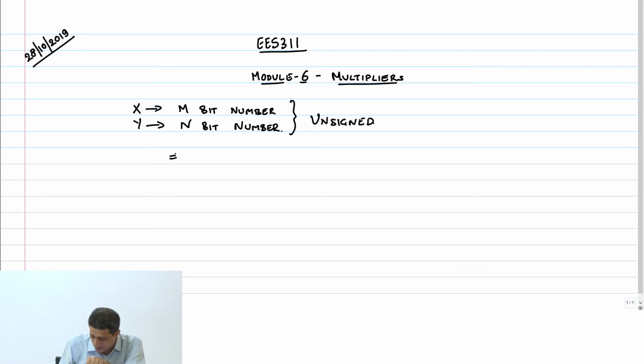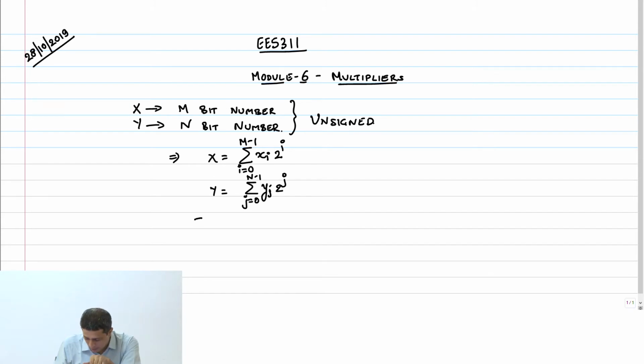What does this mean? It means that x can be written as the sum of xi 2 power i, where i goes from 0 to m minus 1. Similarly, y can be written as the sum over j going from 0 to n minus 1 of yj 2 power j.